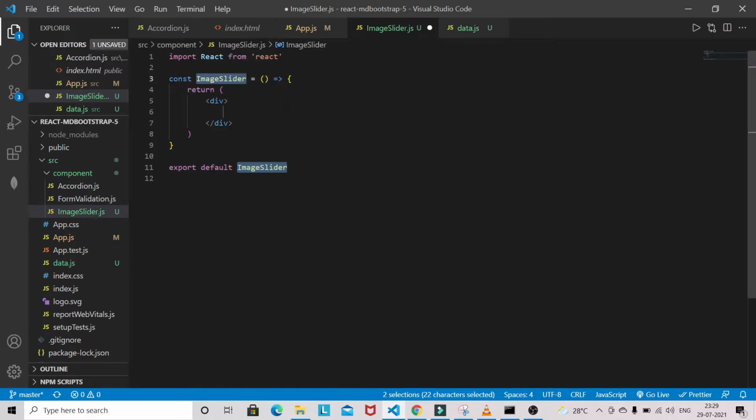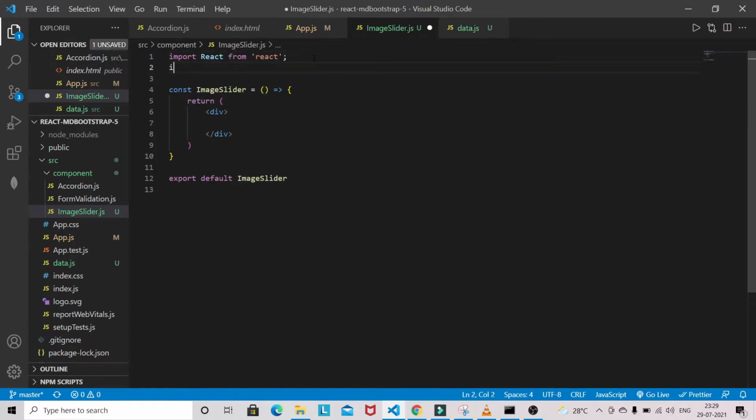RAFCE, and some components we need from Material Design Bootstrap.